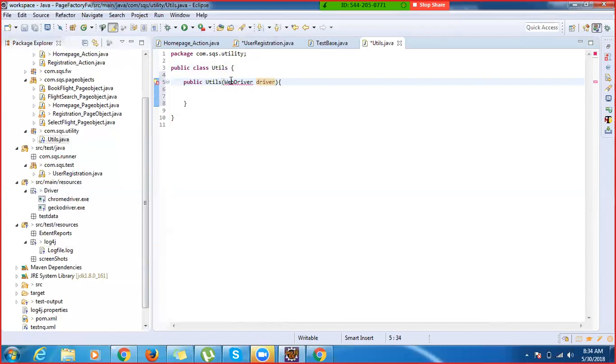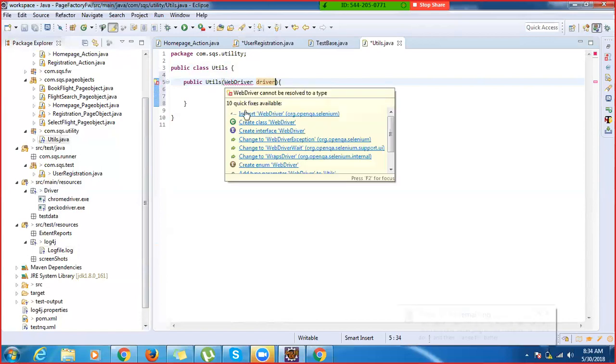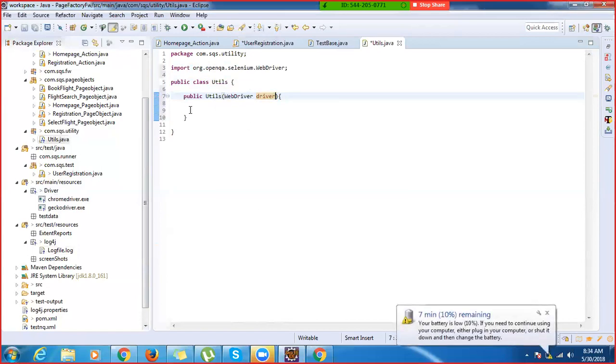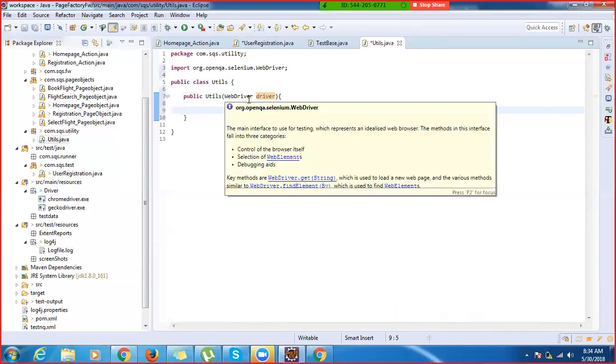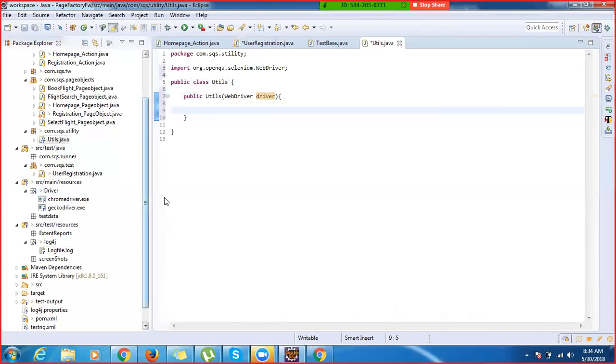Because we might require, if you want to take screenshots, you need to write the screenshot code here, something like driver take screenshot, right? So in that case also you need the driver to be present. So this driver needs to come from this base class or maybe somewhere else. You cannot use some local browser. So what I'll be writing,